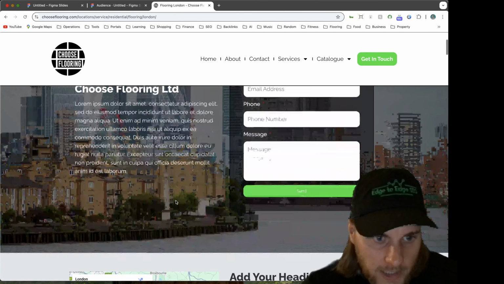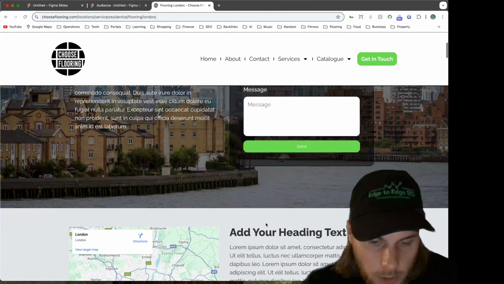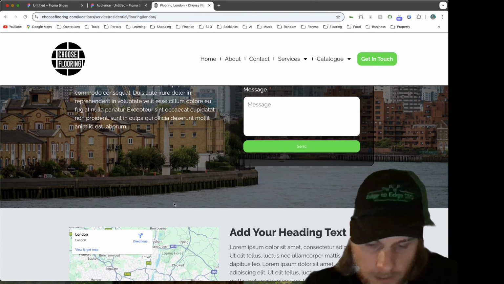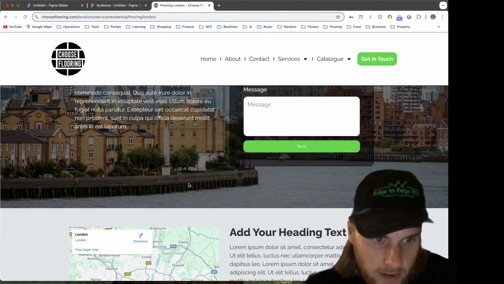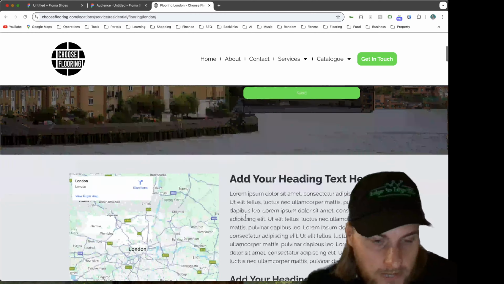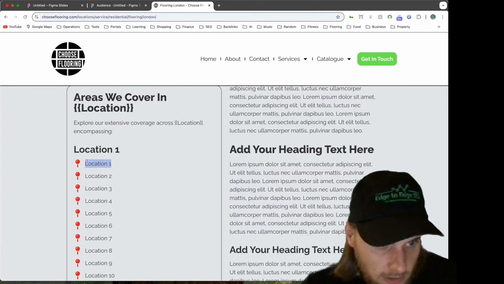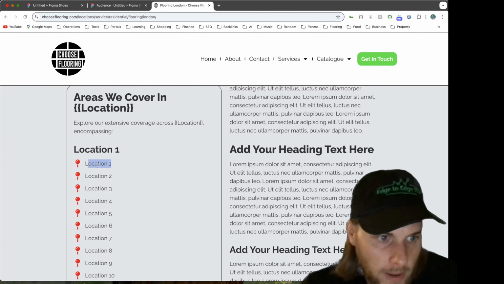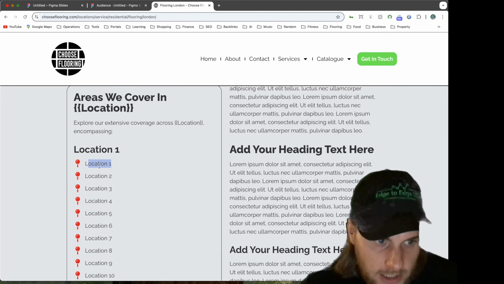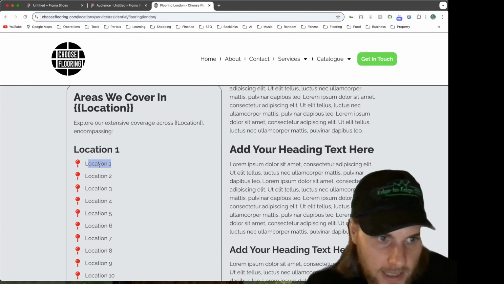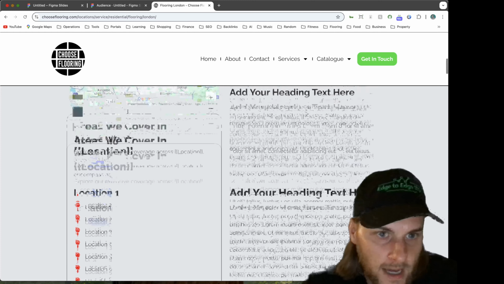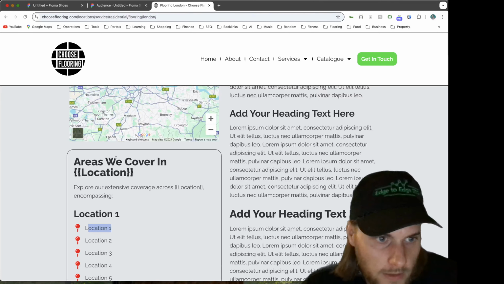You're building one page. You're looking at the data. You're looking at what you are and aren't ranking for. You're trying to optimize more and more to try and get those pages to rank for those keywords. And if they don't, that's when you have to make the decision whether you're actually going to create a separate page for that location and that service. But like I say, it's all down to the data. You don't just go bulldozing in there and start creating hundreds of pages, because it will not work these days.